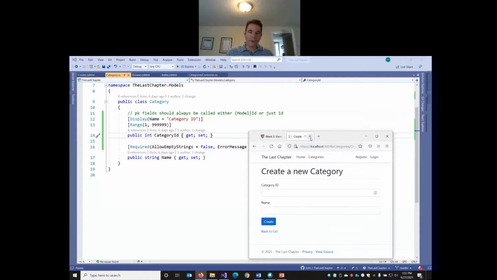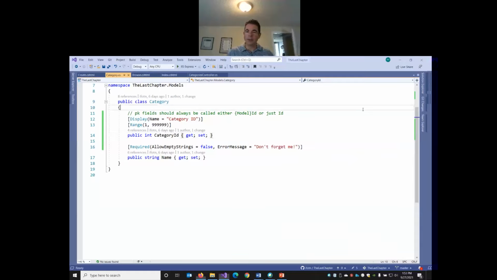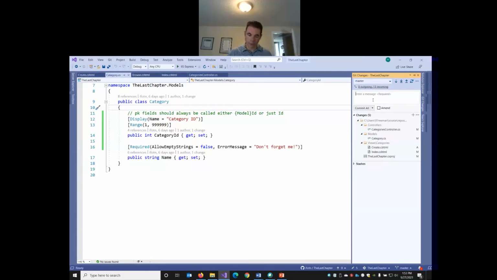Okay, it is 1:53, so I think we are due for a break. I will just use my Git changes window to push everything. So it's lesson 3, part 1, scaffold,